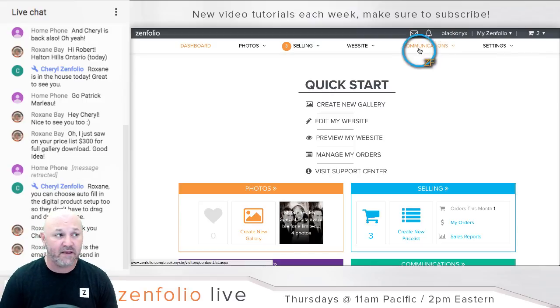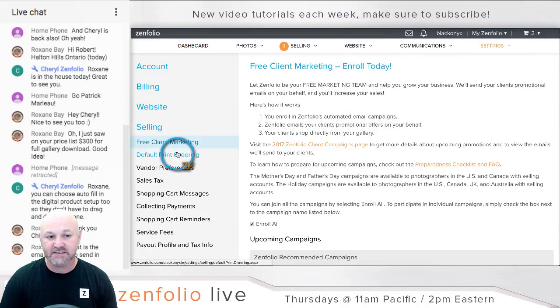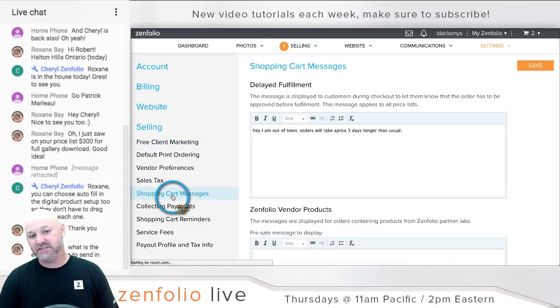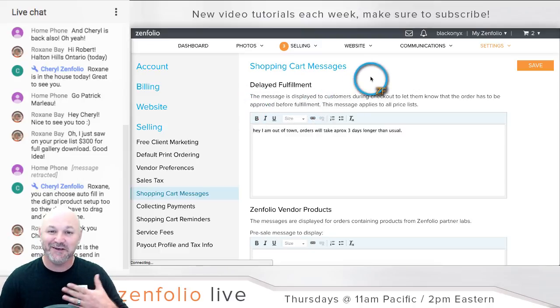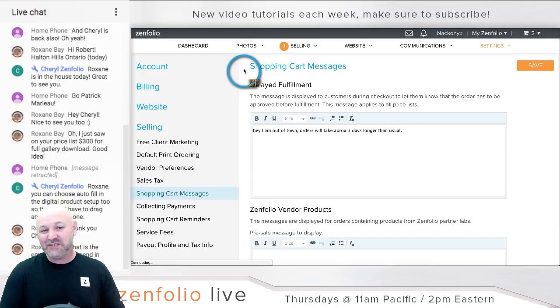Where you find that information is if you go to settings and click on selling. Over on the left-hand side right here, there is shopping cart messages. If you click on this, that is going to take you here. And the first one you'll see is delayed fulfillment. This message is displayed to customers during checkout to let them know that the orders have to be approved before fulfillment. Wow, I just read that really terribly. Sorry about that, guys. But this is the one that you want to use if you're using order approval